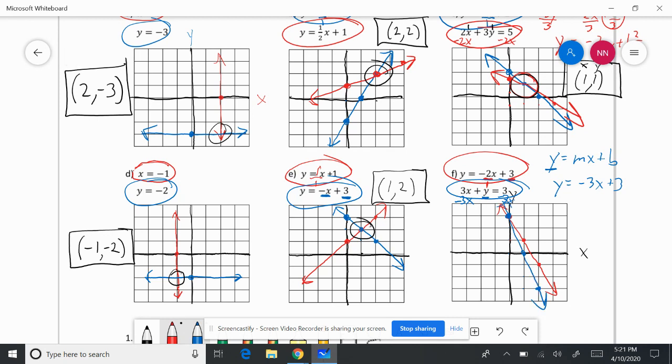And once again, that's not the answer. The answer is where the two cross. Notice that the x doesn't move, only the y. 1, 2, 3. So my answer is 0,